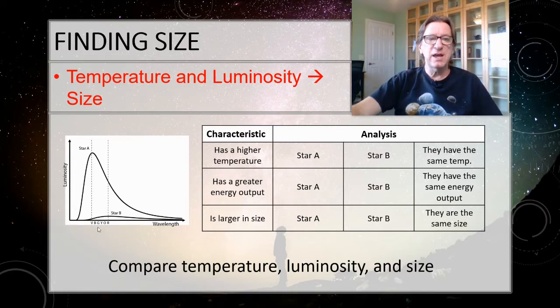All right, so star A is peaking down here in the blue. Yeah, I know it's violet, but there's only two colors, right? Blue and red. Whereas star B is peaking here in the red. Hotter objects are bluer. Therefore, star A must be hotter. Wien's law. Always remember, Wien's law. Hotter objects are bluer. I should be able to call you up at 2 o'clock in the morning and say, hey, why are hotter objects bluer? And you can say, Wien's law, please stop calling me, all right? So star A must have the higher temperature.